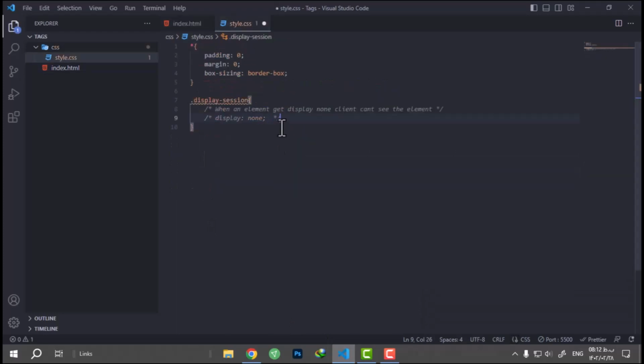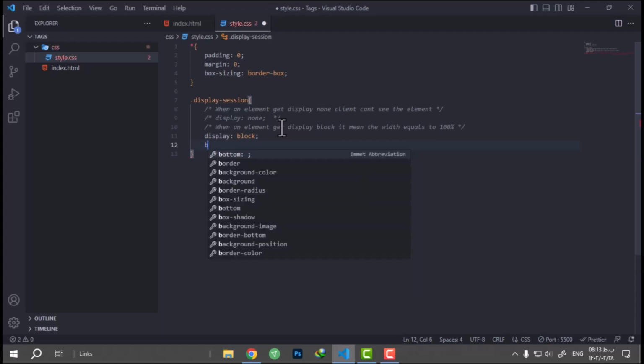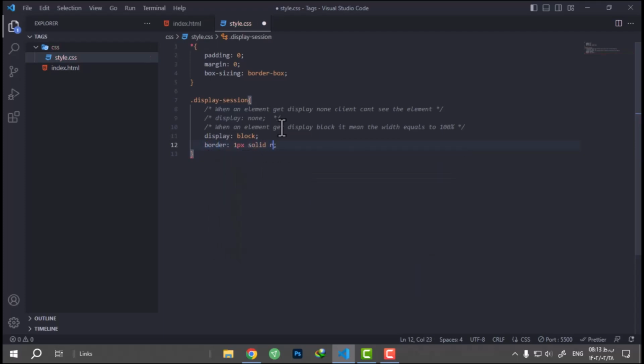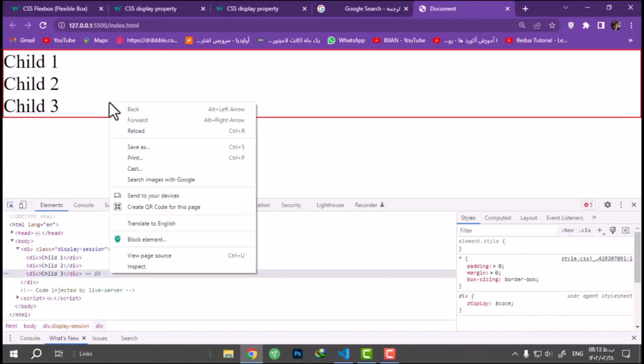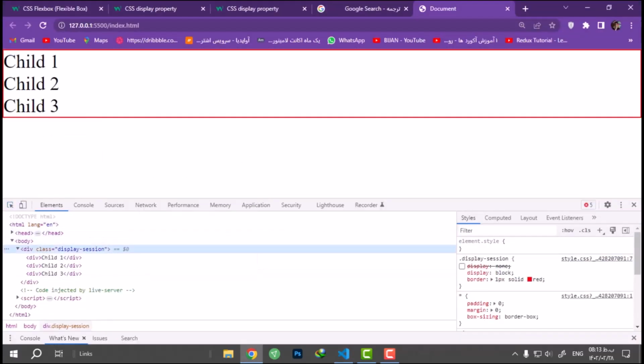Let's go to the second display. This is block. When an element gets display block, it means the width equals 100%. How? Let's check it. My division is display block, and because I want to see where my border is, I write border 1 pixel solid red. Let's check it. Can you see my division width is